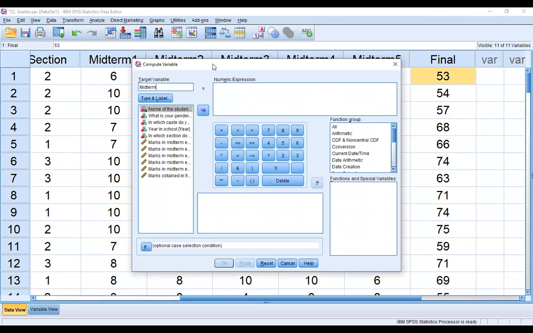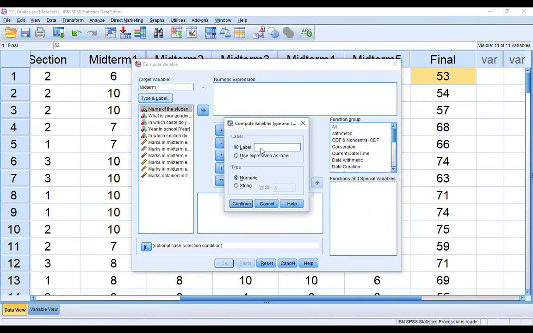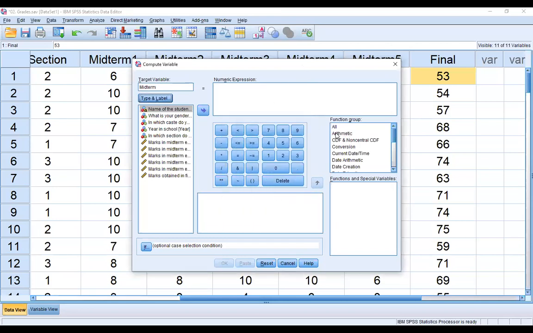I'm writing midterm here, and copy it and paste it in the label. Whatever we write in the target variable, we copy and paste the same in the label, and then continue.